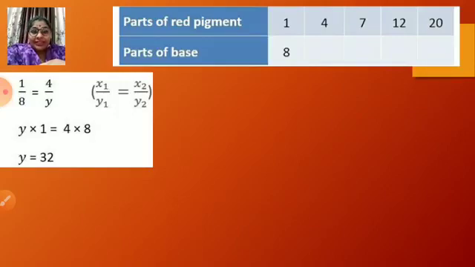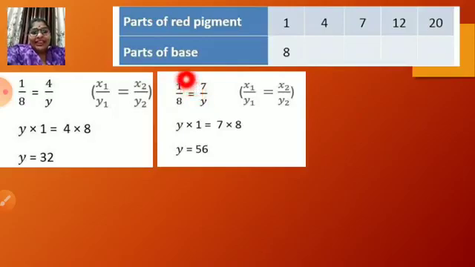As it is in direct proportion, children, we have assumed that x1 upon y1 is equal to x2 upon y2. Similarly, now the second one you will find, we will compare now x1 and y1 as 1 upon 8 and the next will be 7 upon x. Alright, here we got our first value 32. Now let us see with the second one. So here you can see x1 upon y1 is 1 upon 8 is equal to x2 upon y2 is now 7 upon y. Okay, so same, children, by cross multiplication you can find y into 1 is y, 8 7s are 56. So y is equal to 56.